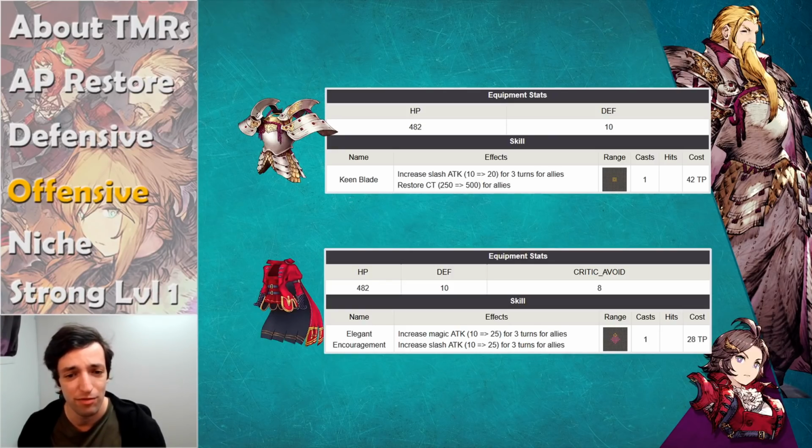But even in PvE or in other game modes, having access to charging half of the turn bar for everybody that's affected is very good. I think this TMR is top tier just because of the CD manipulation. But if you use it on slash attackers, you still get a bunch of extra damage as well. I like to run it in